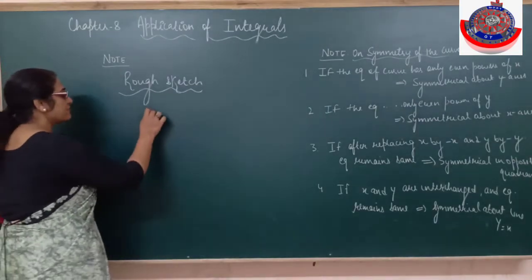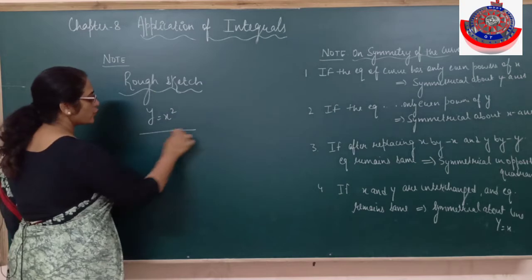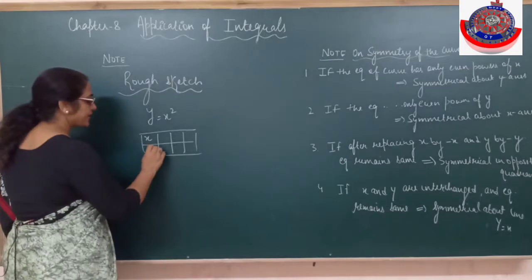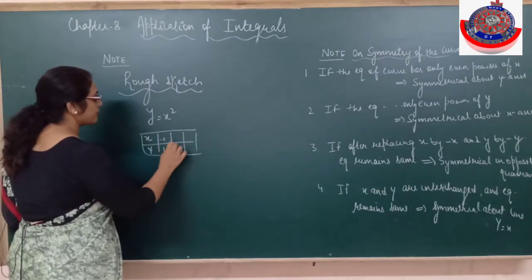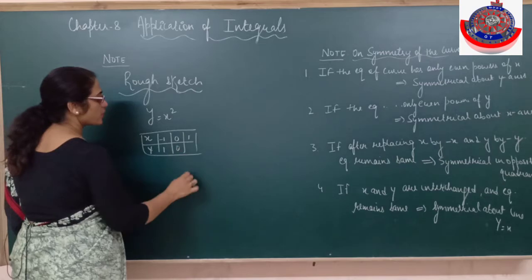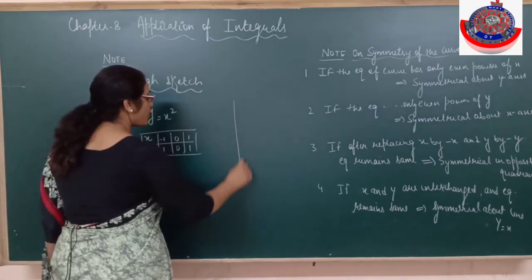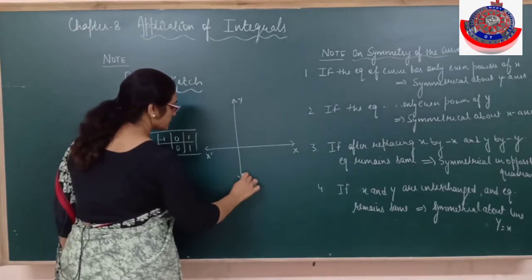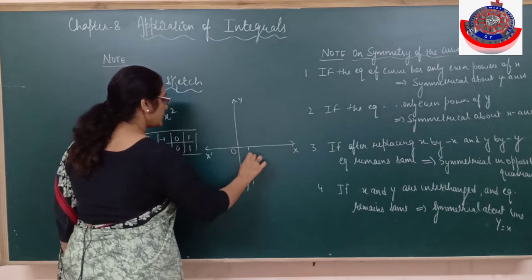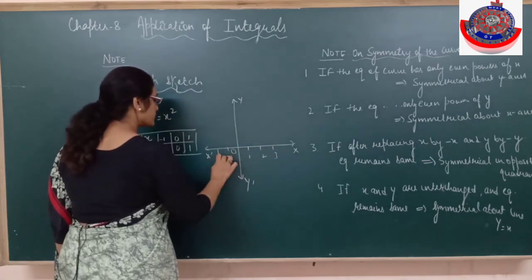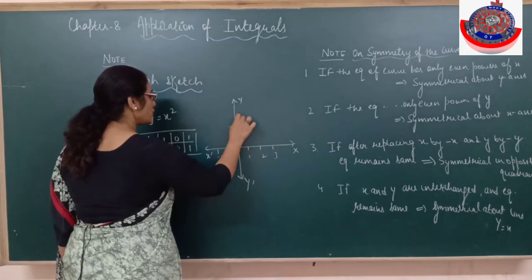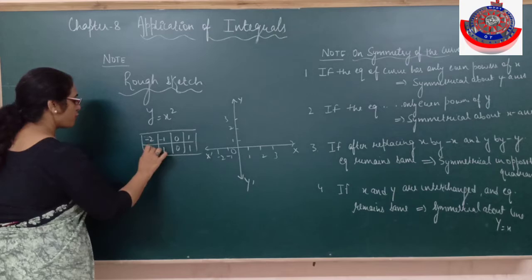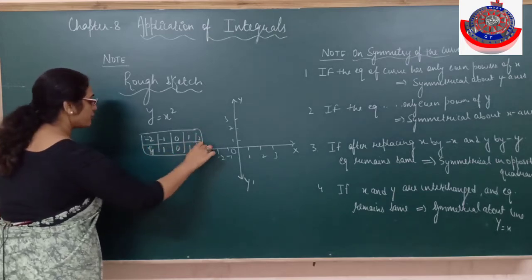For example, if I get a curve y equals x square, you know how we do it. I'll pick a few points of x and I will find out y. Suppose x is -1, y is 1. If x is 0, y is 0. x is 1, y is 1. So when I plot it, -1, 2, 3, -1, -2, 1, 2, 3. If I go beyond, alright, if I want say -2, it will be 4. If I take 2, it will be 4.